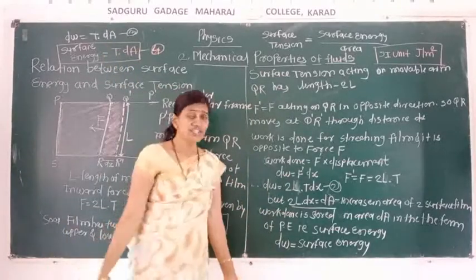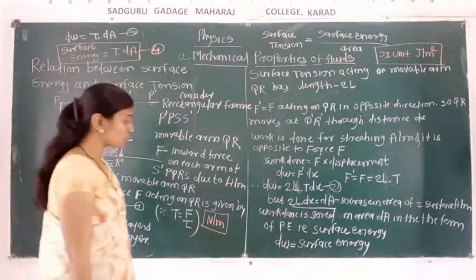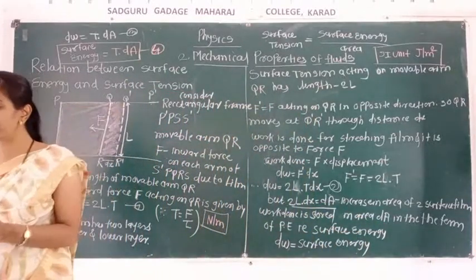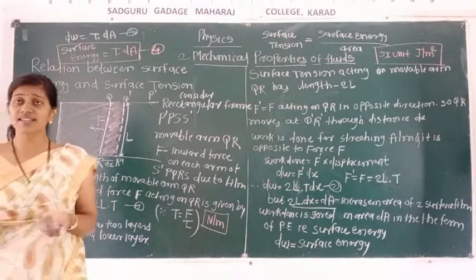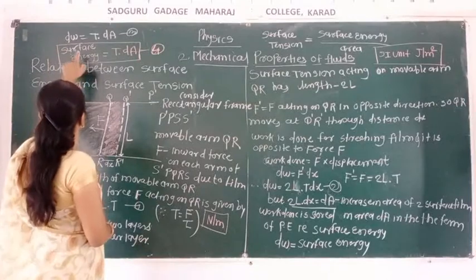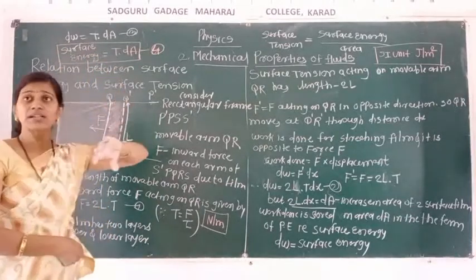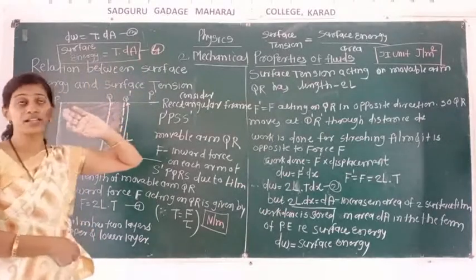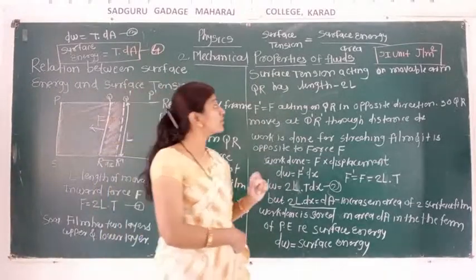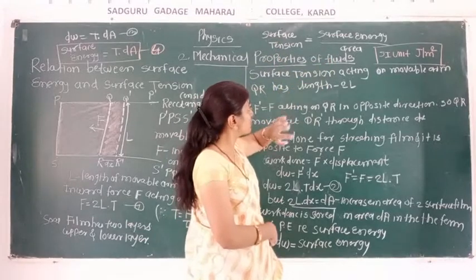Now what happened? Here work is done. Work is done for stretching the film, and that work done is stored in the area dA. This work done is in the form of potential energy. Otherwise, we can say that potential energy is called the surface energy. So here dW is nothing but the surface energy. So surface energy is equal to surface tension into dA. From that, equation number 4 is the relation between the surface energy and the surface tension. From that again we are getting another formula for the surface tension. Surface tension is nothing but the ratio of surface energy per unit area.